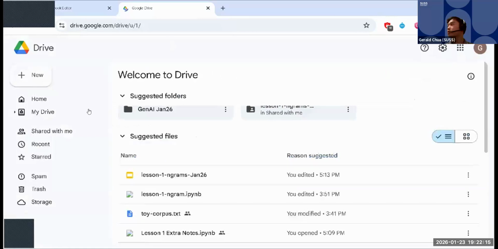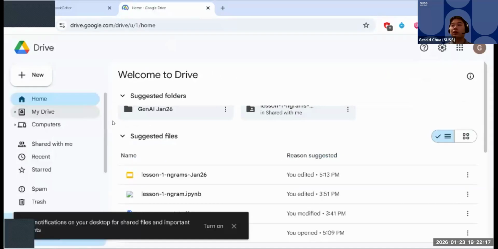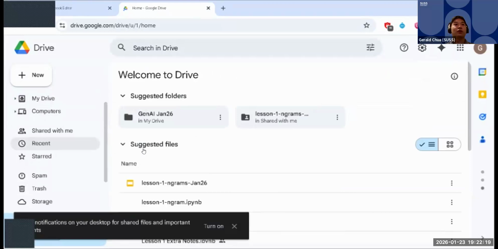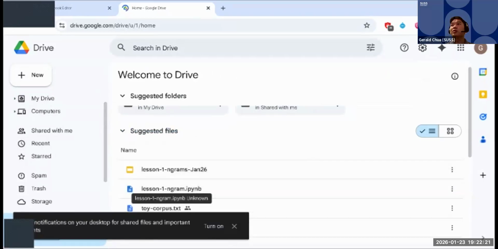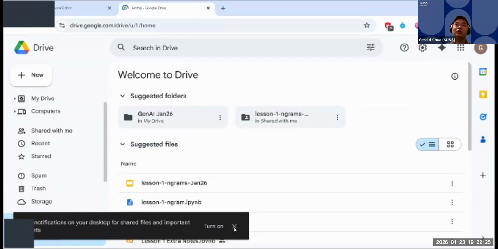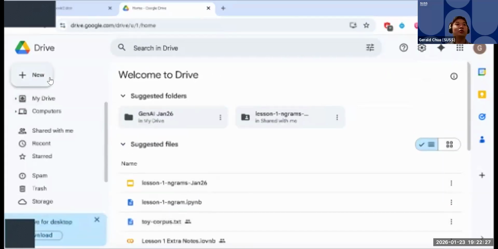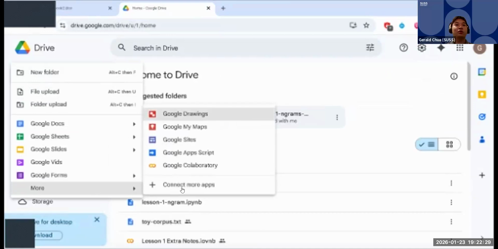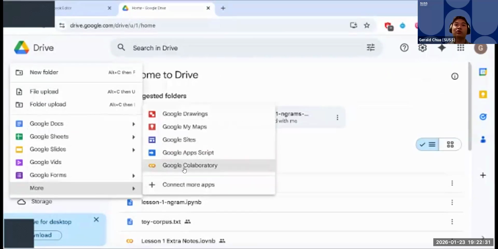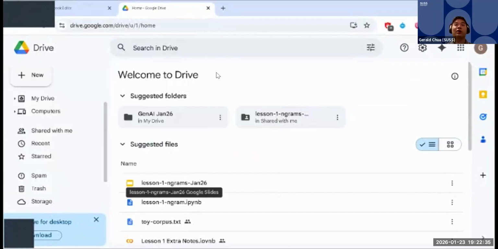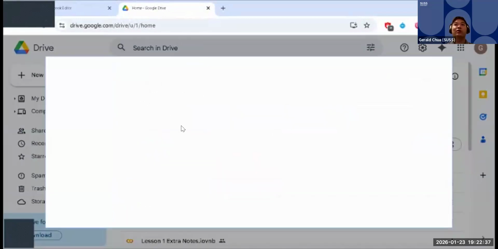Okay, so for example, if I want to open a Jupyter notebook in Google Colab, which I'm not here to explain how to do, but I will do it. You need to install the app first. I have Google Collaboratory here already, but you need to press Connect More Apps, and then in the Connect More Apps you need to look for an installation here. But for this module we are focusing more on